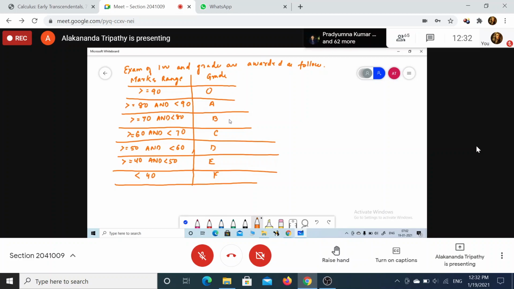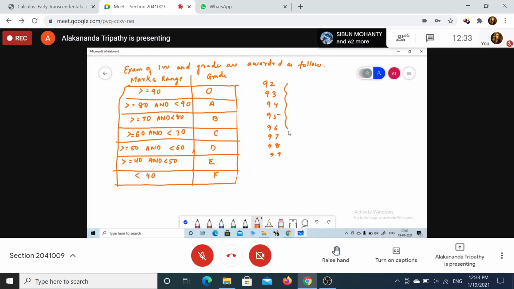So what you need to do? So you are going to write the Java statement using switch case. Now you have a particular range given. So if a student scores 92, 93, 94, 95, 96, 97, 98, 99, what will be the grade?